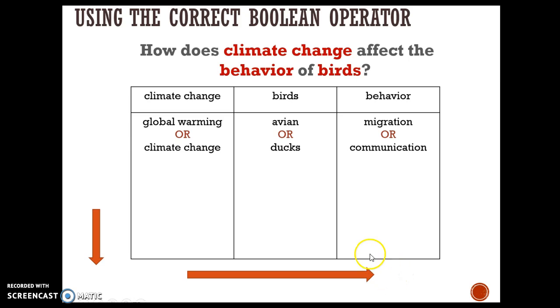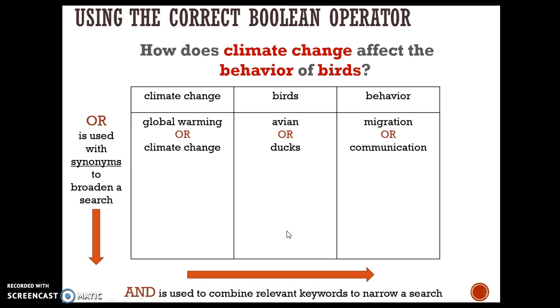Okay, so I kind of like this visual to remember. Once you've made your table, when you're searching, OR is going to be used with synonyms or similar terms to broaden your search. So you want to go down the column. For example, global warming or climate change, avian or ducks, migration or communication. So it's not a productive search if you don't use the similar terms, because you want to find